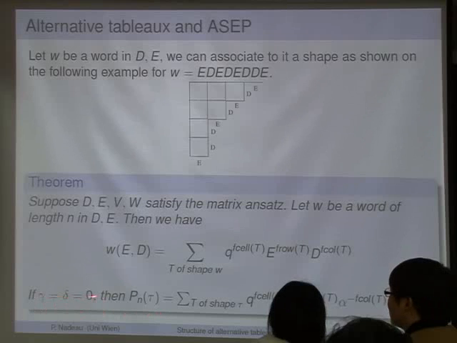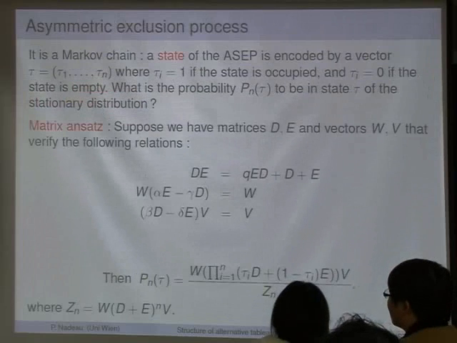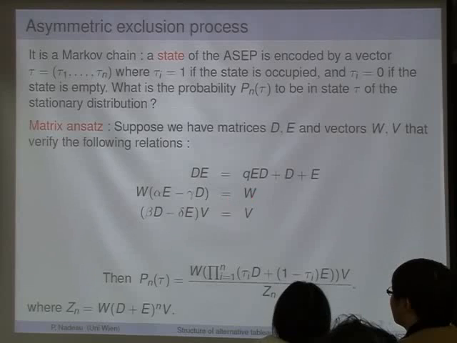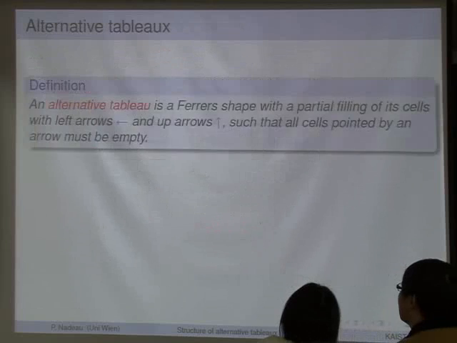In particular, if gamma and delta equal 0, if you look at this, here you have that WE is equal to alpha inverse W. Okay? Just put this and put the alpha on the other side. And the same if delta equals 0, you have that DV equals beta inverse V. So if you use this